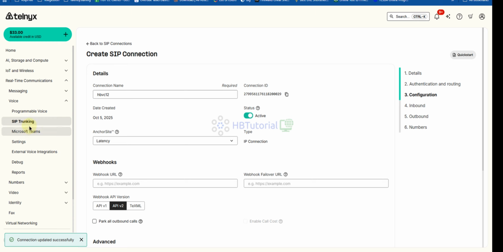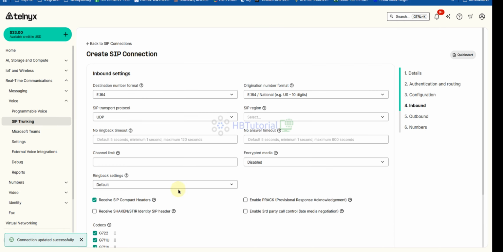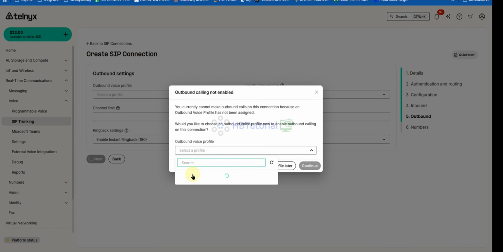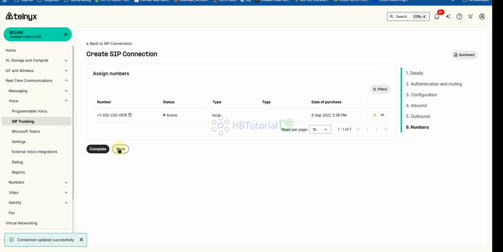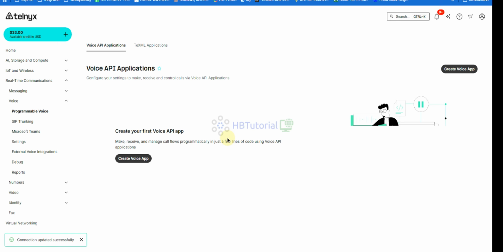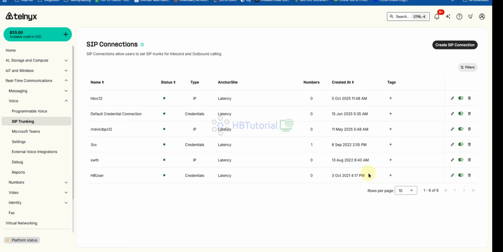Okay, so you need to go back. Profile. So programmable voice. Okay, SIP trunk.